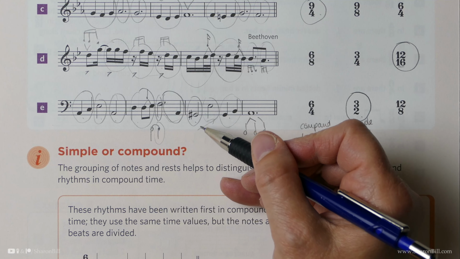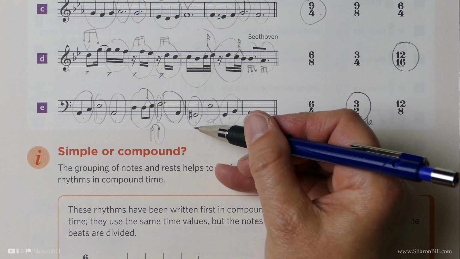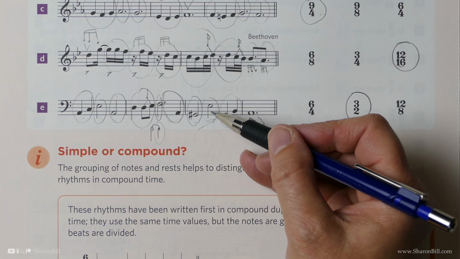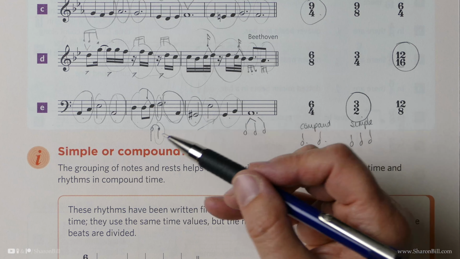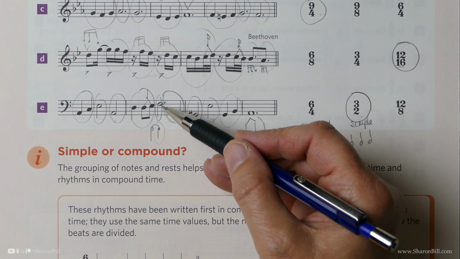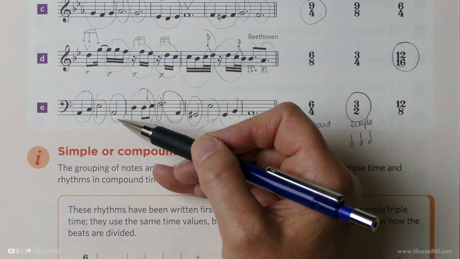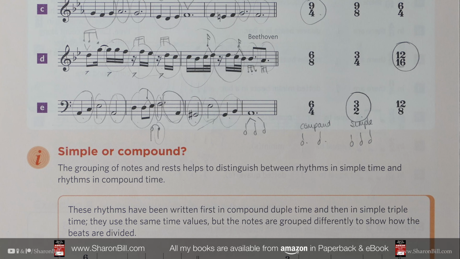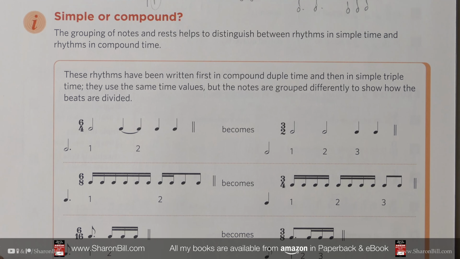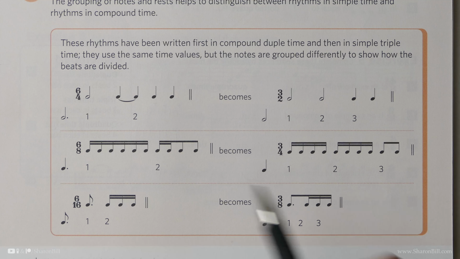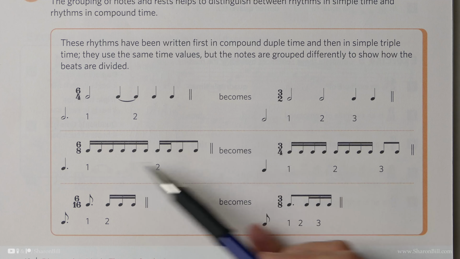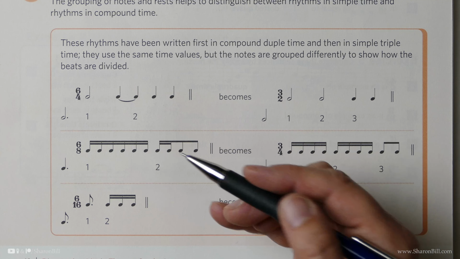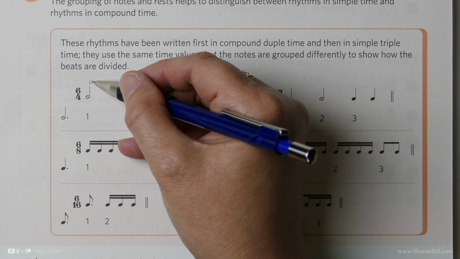And you can see how very, very important, in fact absolutely vital it is to properly group the notes, beam the notes, allocate the notes. You know, you may have to use ties sometimes. Here it's not necessary, but there have been plenty of opportunities in previous grades, and now it just becomes so much more apparent that the grouping of the notes and rests is vital in helping us to determine what time signature it is, and then the musician can give the correct nuance to the performance, because here 6/4 is duple